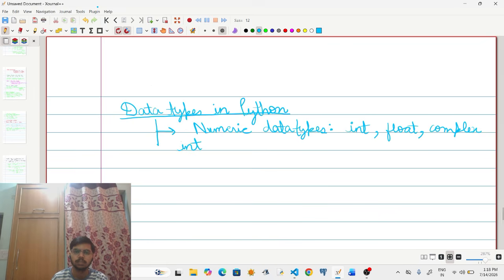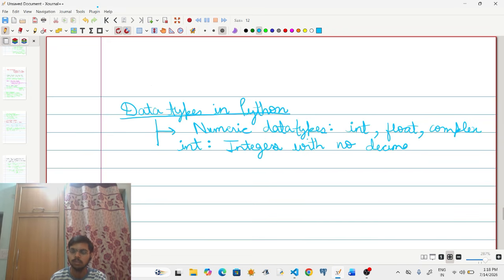Integer or int. These are integers with no decimal values.